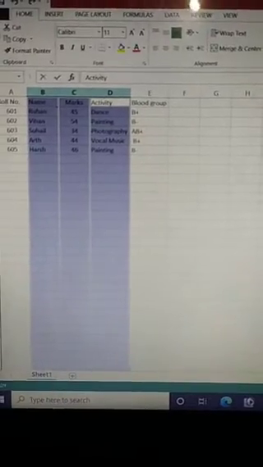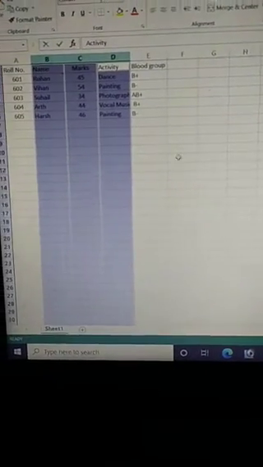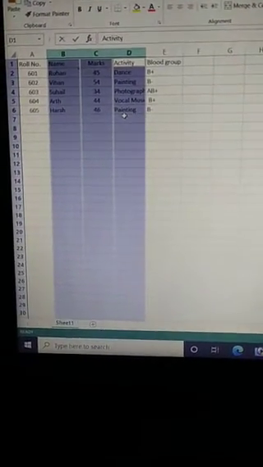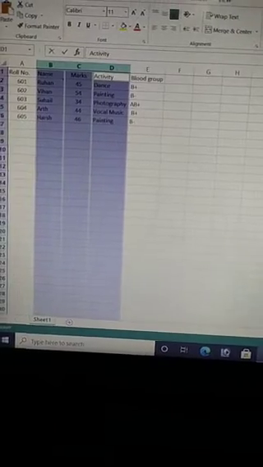I will type 9. So you can see here that the column width has been changed. In this manner we can change the column width manually. We actually use this manual format for changing the column width of so many columns or so many rows.